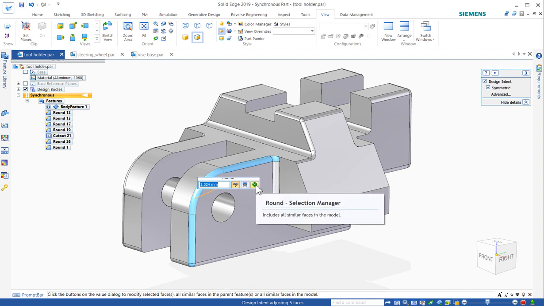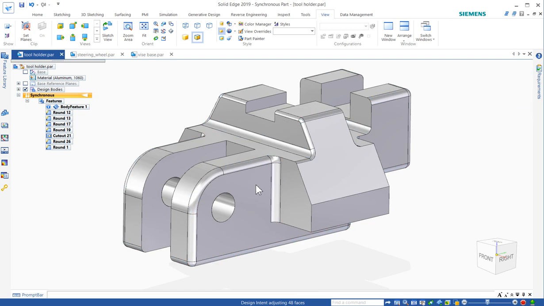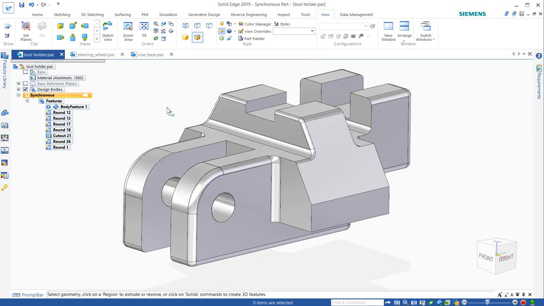And then the last option, the Selection Manager, it will simply go and find all of the rounds in the entire model that match that value. So either way, the choice is up to you. Single element by feature or the entire model. There's also a more advanced,